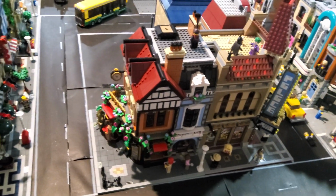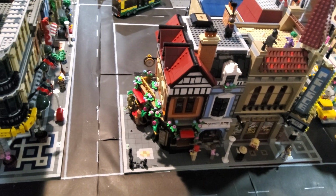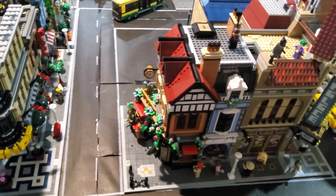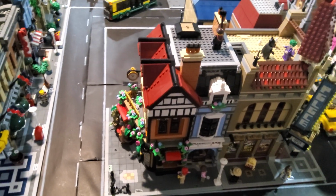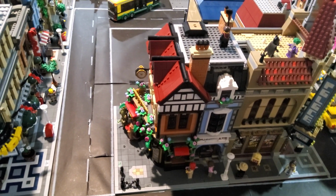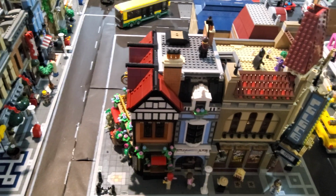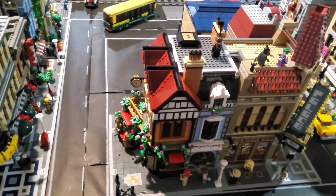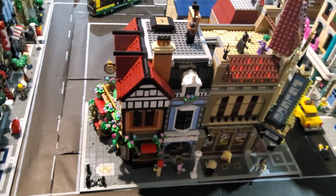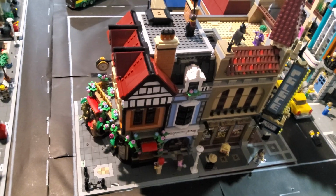So, for starters, is actually the number of pieces per section for each set. I think the Tudor Corner was about 400 and something. It was like 430, somewhere around there. And it was 19 bags in total,